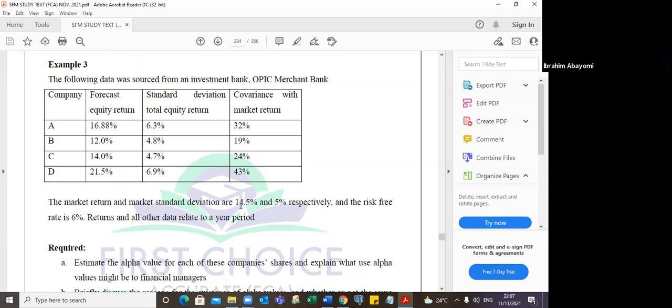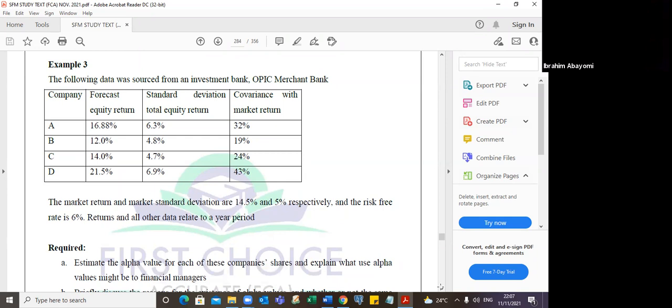Return and all other data related to the year. Estimate the alpha value for each of these companies' shares and explain what use alpha values might